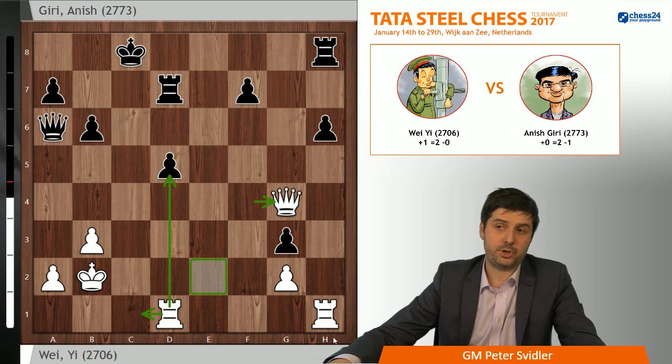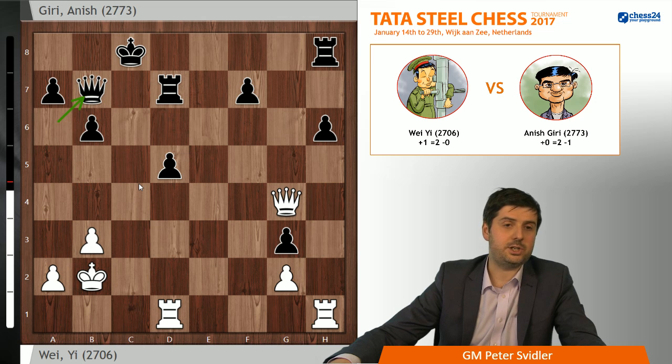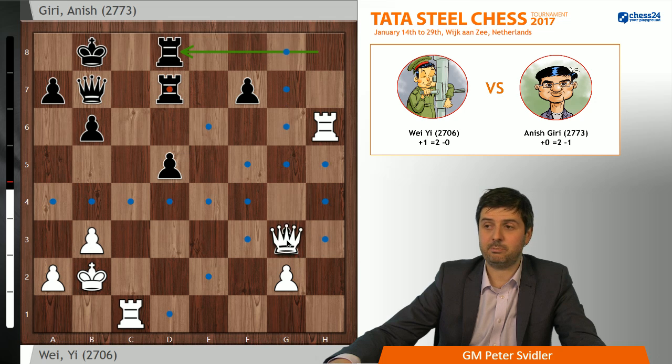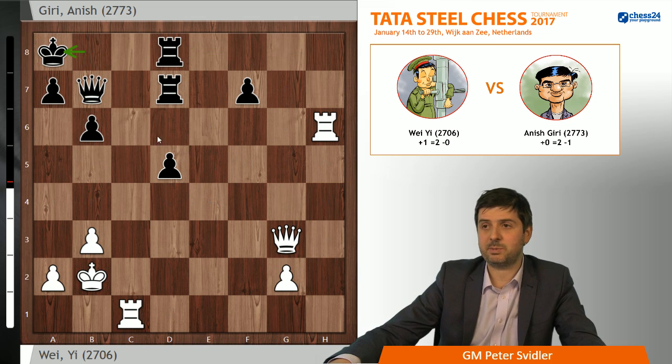Anish chose a move which I think most people would choose here, queen b7, which is a lot easier to understand and seemingly a lot easier to calculate. Once again, you want to play king b8. And you give white an opportunity of playing rook c1, for instance, king b8, rook h6, rook h8, because you cannot take because of the back rank mate, queen g3, king a8, but you still remain a pawn up here, and yes, white will have drawing chances, but I'm sure Anish was pretty happy about some kind of an outcome